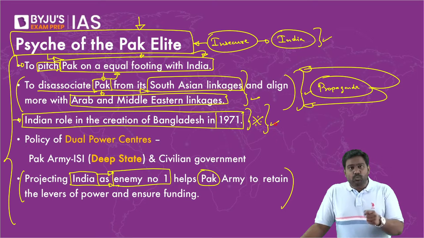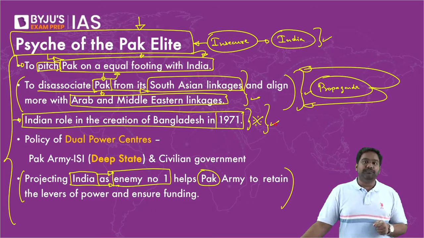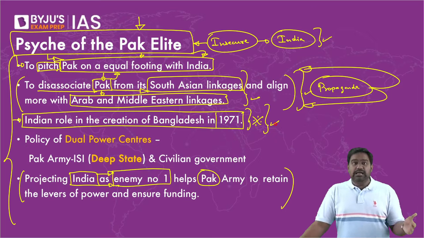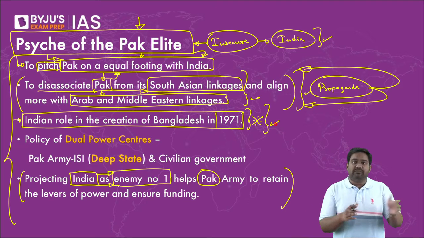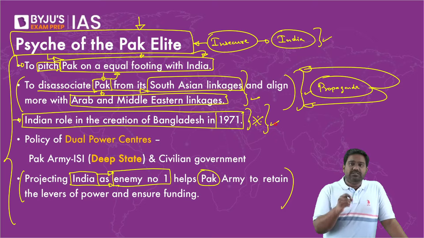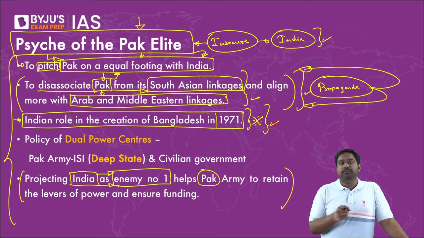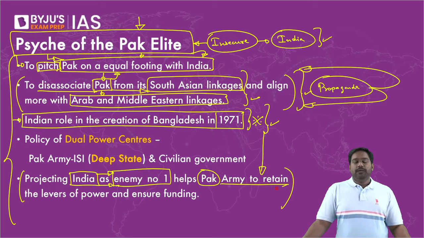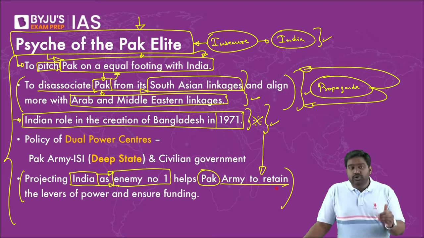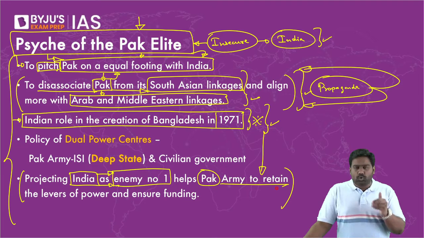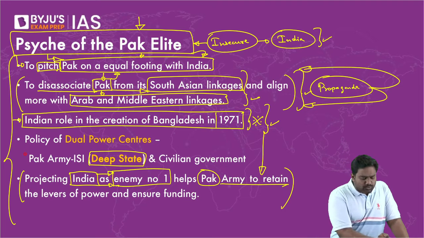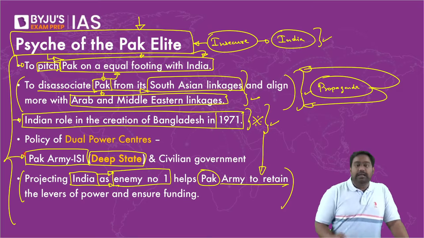They don't teach them what the Pakistani army did with Bengali minorities. They don't teach them about the genocide that they carried out. They project India as the threat. It was India which attacked Pakistan and took away half their country. Now, this at the ground level breeds resentment, breeds hatred, right? And this is a deliberate strategy. This is how the deep state of Pakistan retains power and controls all the key power centers without question, without challenge. When I say deep state, I'm referring to the combination of the Pakistani army and the ISI, the Pakistani